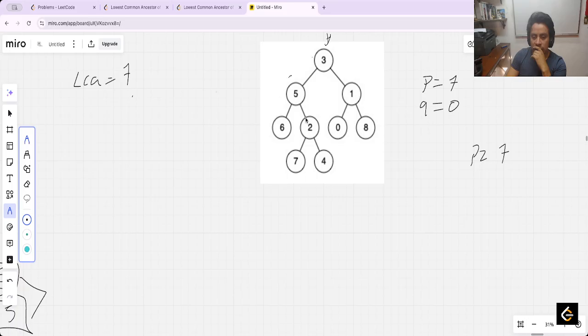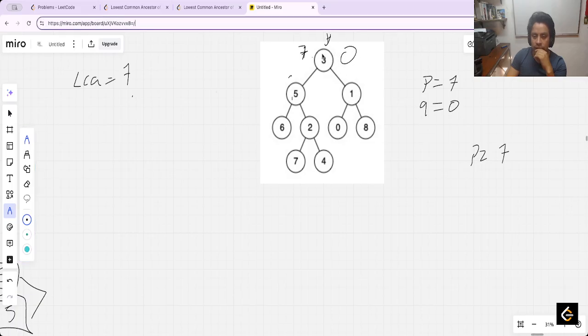No. Is this the common ancestor? No. Is this the common ancestor? No. Is this the common ancestor? Yeah. In this case, this returns the 7, and in this case returns the 0. The common ancestor is this,